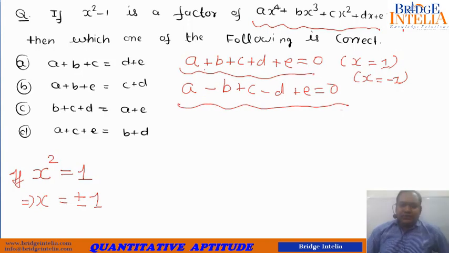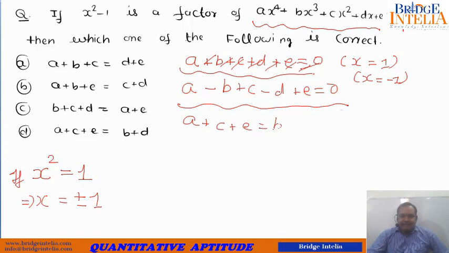So out of these two, what is mentioned in the option? So this is not mentioned in any of the options. So what is mentioned is actually this. So out of the given options, only this can be said to be correct.